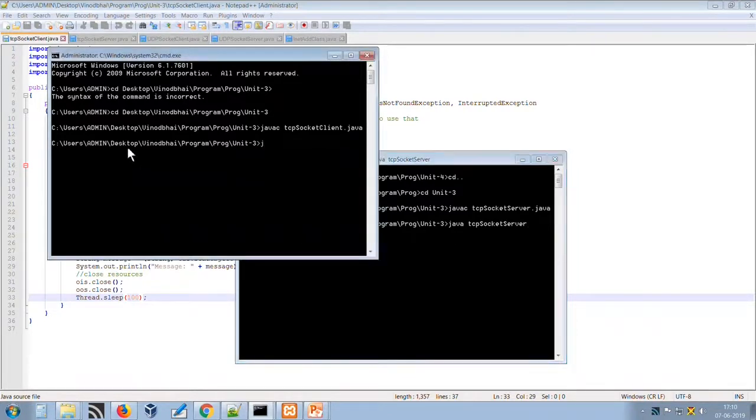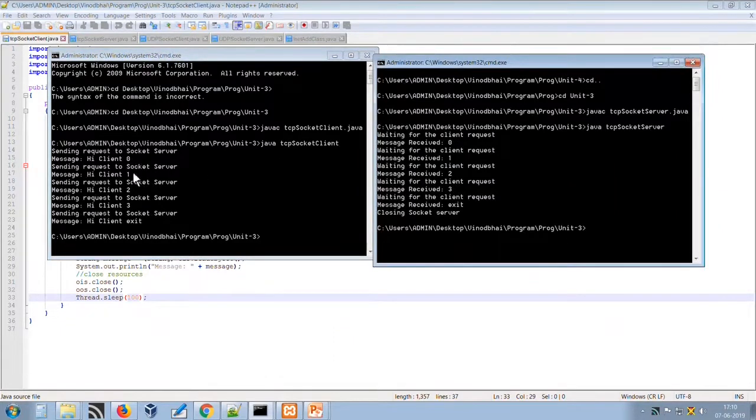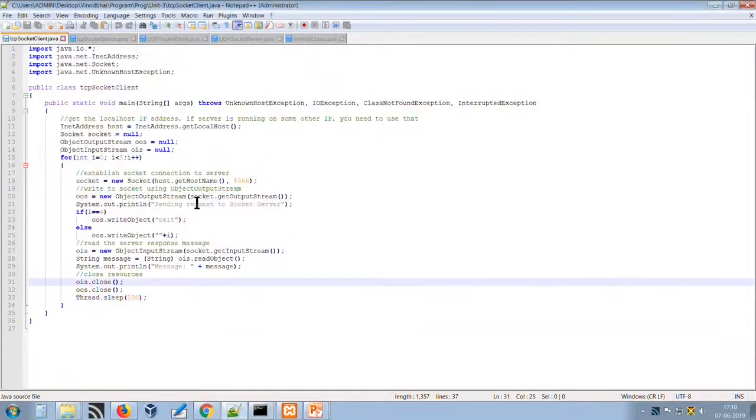Now here we will run the client program. Once the client program starts, see here in both the screens, from 1, 0, 1, 2, 3, up to 4, we have checked the condition that 4 equals exit. Then up to the third stage, the client will write the data to the server, the server receives it, processes it, and sends it back to the client, and at both ends we have printed it, so the message is displayed in both the prompts. So this is all about client and server using the TCP environment, using the ServerSocket and Socket classes.